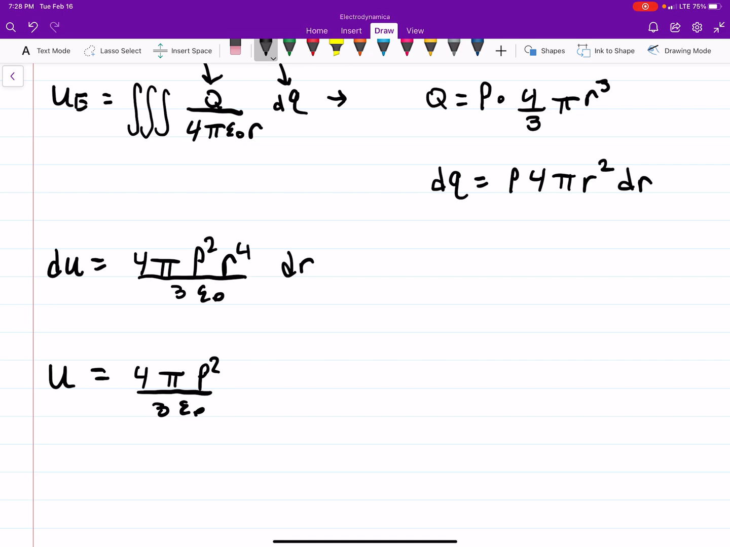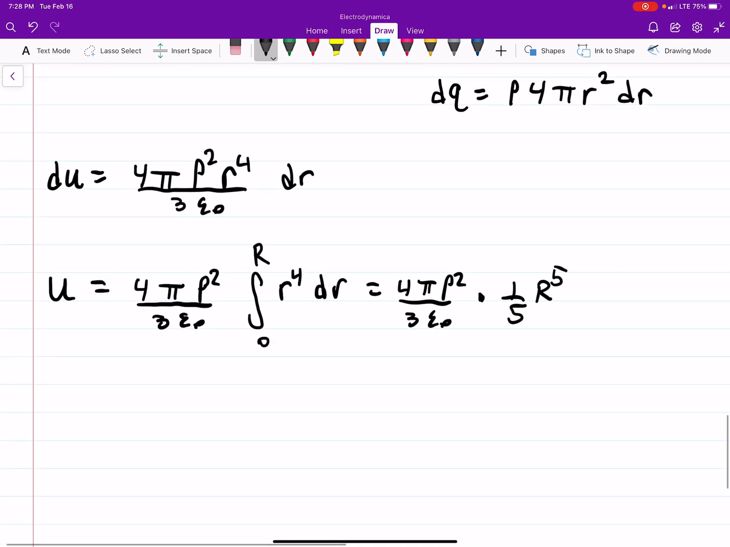And then we will integrate r to the 4th dr. And we'll just call it from 0 to big R. We'll let R be the radius. I don't know if it mentioned it, but it doesn't matter too much. You obviously get 4 pi rho squared over 3 epsilon naught times 1/5 big R to the 5th. And we can plug these in. So you will get